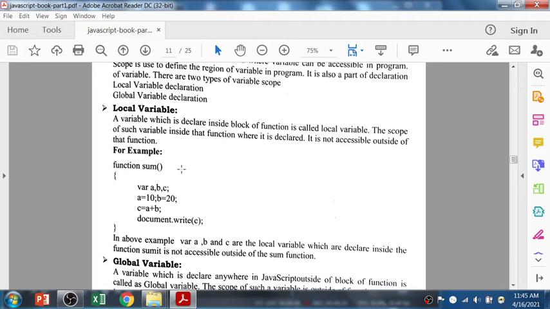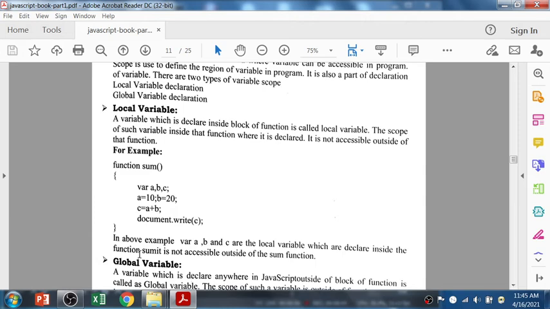Let's say function sum, variables a, b, c: a equals 10, b equals 20, c equals a plus b, then document.write(c). It will print the result of c, where a plus b is added and stored in c, so it will print the result 30.